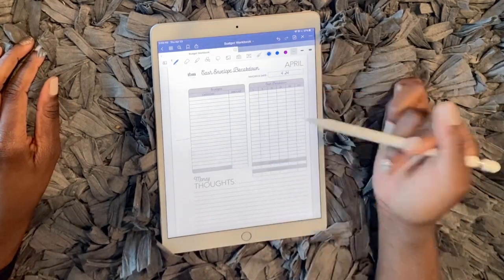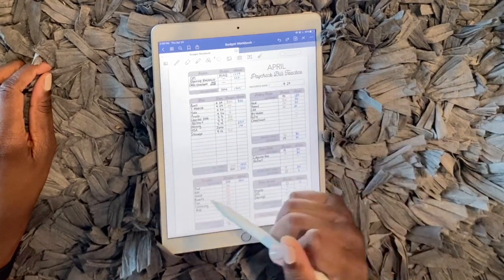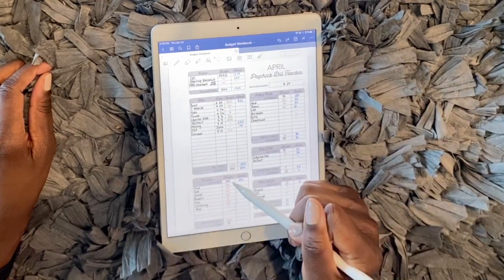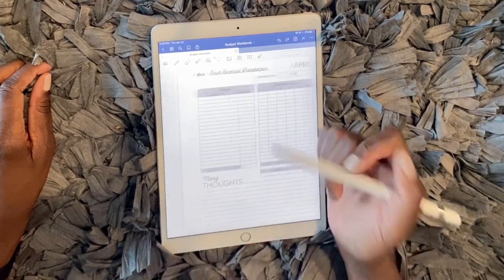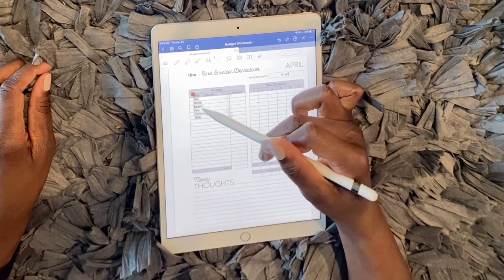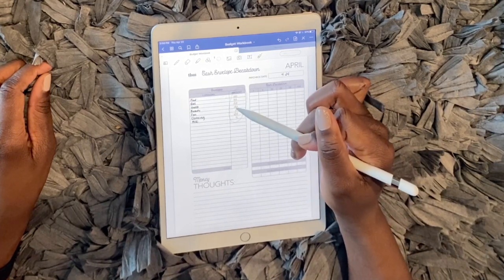So, undo. We're just gonna scroll back over. I'm going to copy that information, paste it here. We're gonna move those over here,